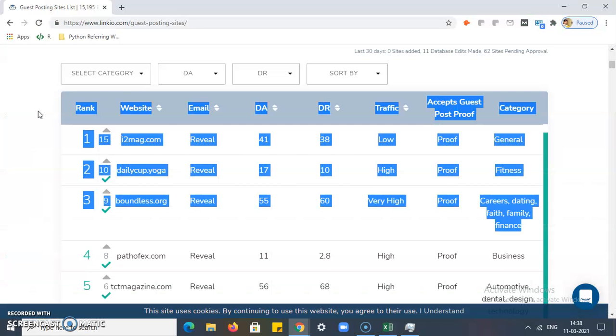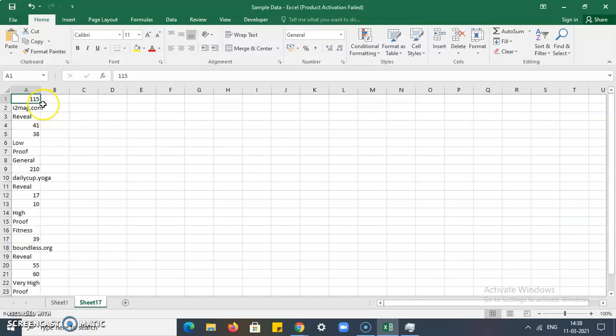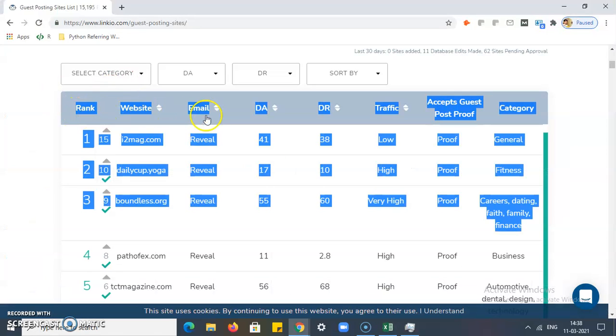I just take 3 rows, guys. You can take a lot more data from this website or from another website also. For your understanding, I just take 3 rows of this table. Now I have to sort this data into a table. As you know, 8 fields are there: rank, website, email, and so on. So 8 fields are there,